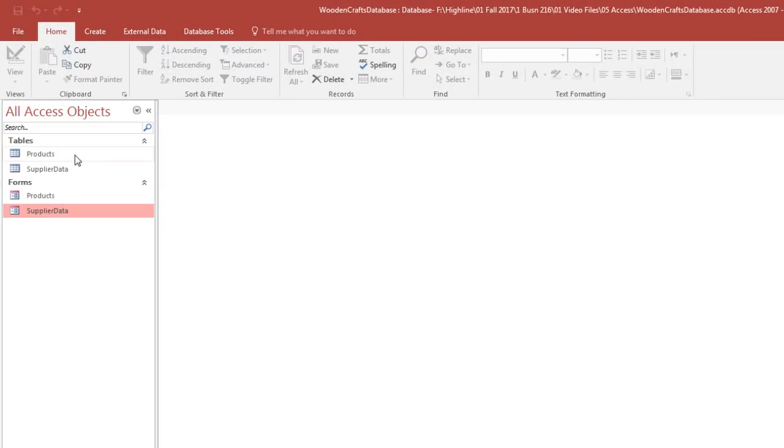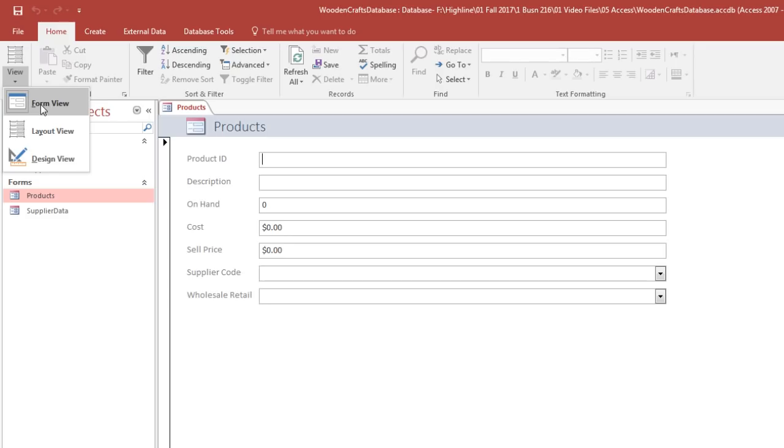And now we want to enter the raw data into the products table. But we're not going to use the table. We're going to use the form. So I double-click the form. I'm making sure it's in Form View. Now, before we enter all of our raw data, we need to test every field and all of the rules